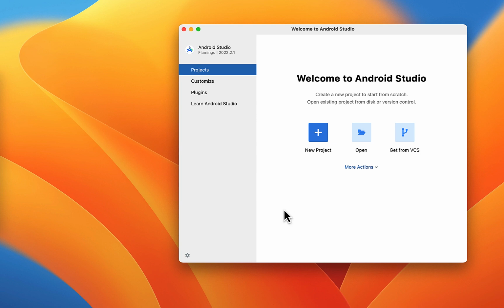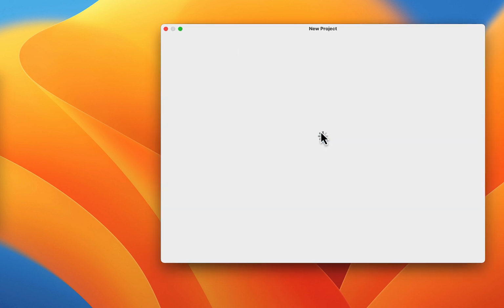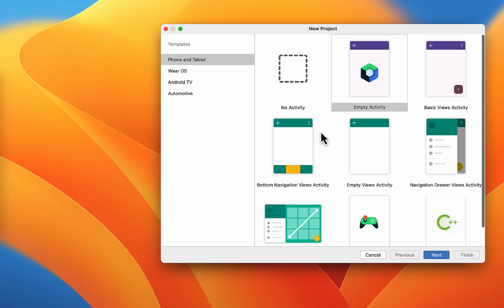This is the latest version of Android Studio, and you can see that Flamingo 2022.2.1 is the latest version, and the interface has been slightly changed from the previous version, as you will see later on. Here you can click New Project. Once you click New Project, you can see that there are lots of already created activities. You can choose